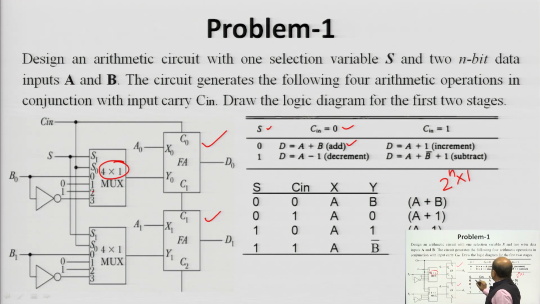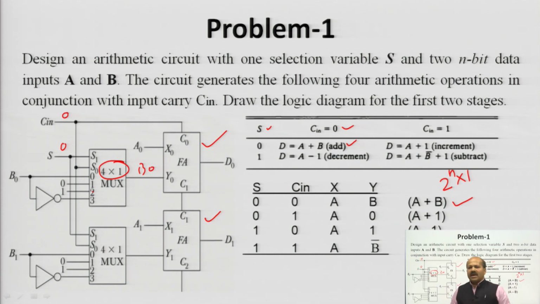So, if we select 0 0, that means C in is 0 and S is 0. The pin number 0 is selected. What operation will be performed? A naught is passed here and through this multiplexer B naught bit is passed here. So, you can see A plus B operation will be performed, and when you select 0 1 combination, that means